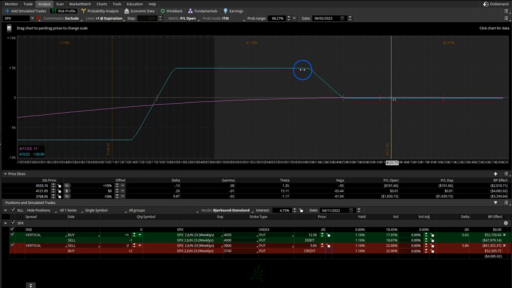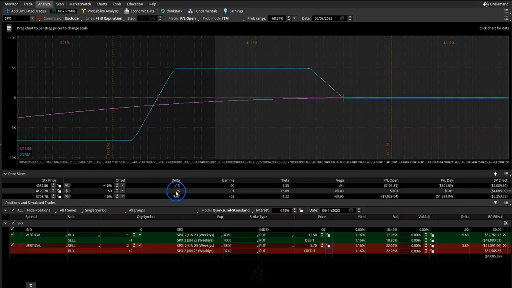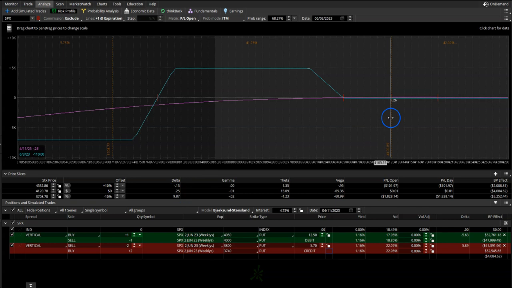We get a wider put debit spread, which means that inside the trap, instead of making about $4,000, now we can make almost $5,000, right? Because we have a 50-point wide put debit spread minus the small debit that we're paying to put this trade on. So just shy of $5,000 profit inside the trap. So we increased our potential reward inside the trap at the expense of, instead of collecting a credit, we're actually paying a small debit. And we have less positive delta to start,